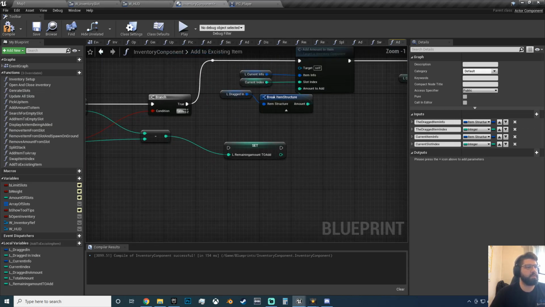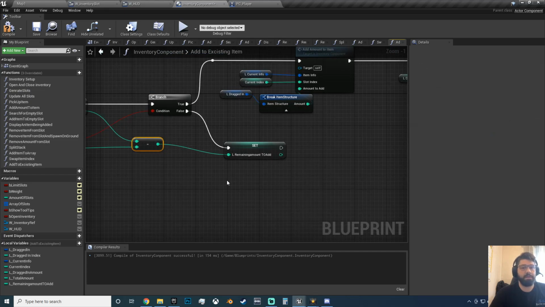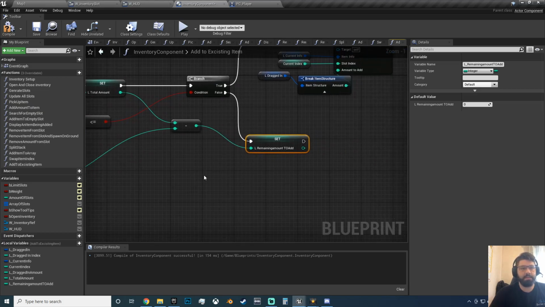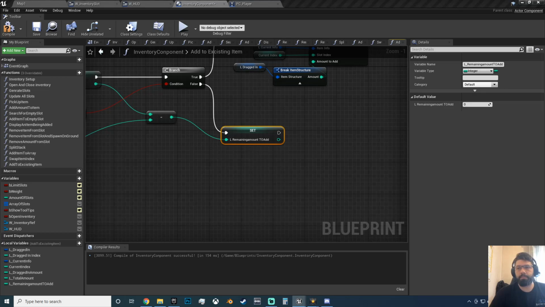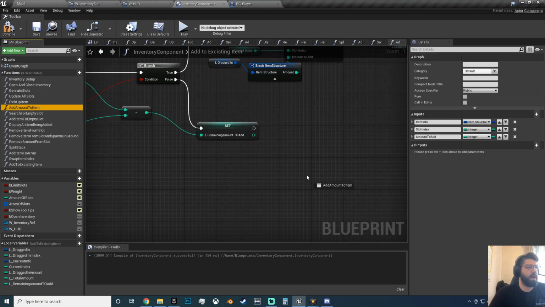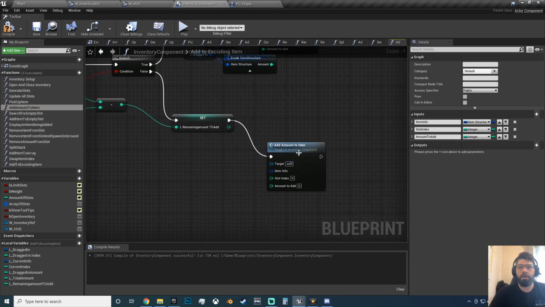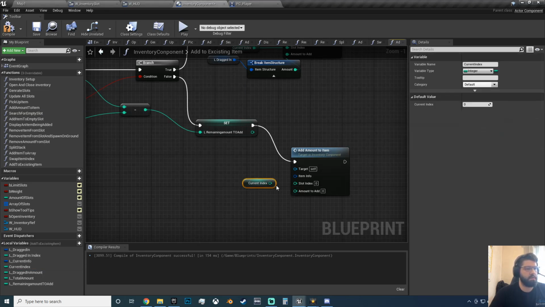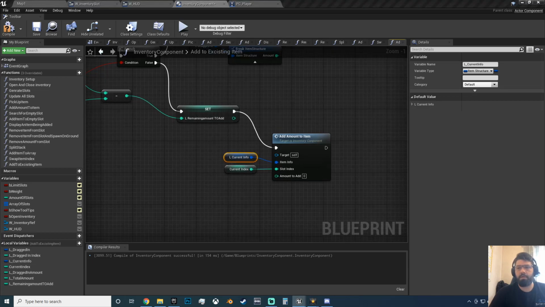Okay, so back to this one. So if this was false and you need to move, if there isn't enough space, you will need to add amount to item, so you will want the current slot index, the current item info, and the amount to add, okay, is